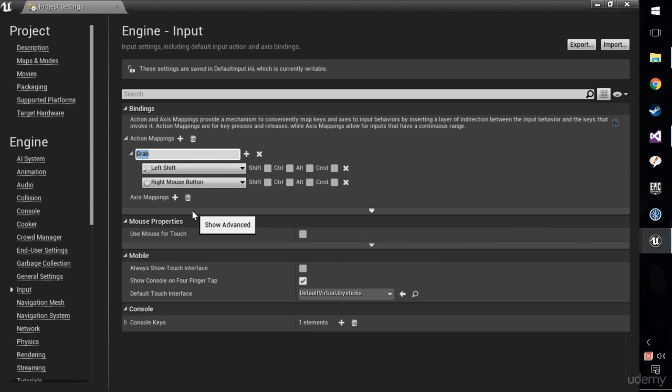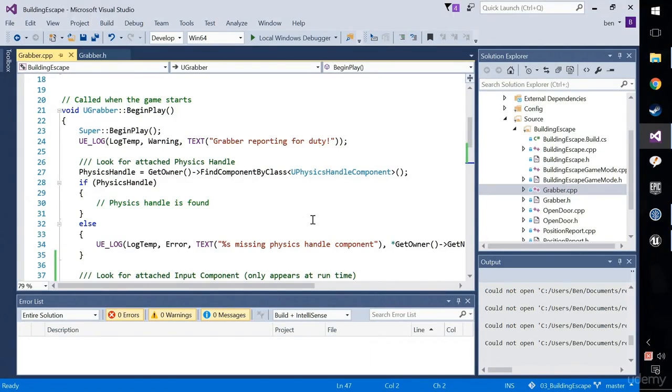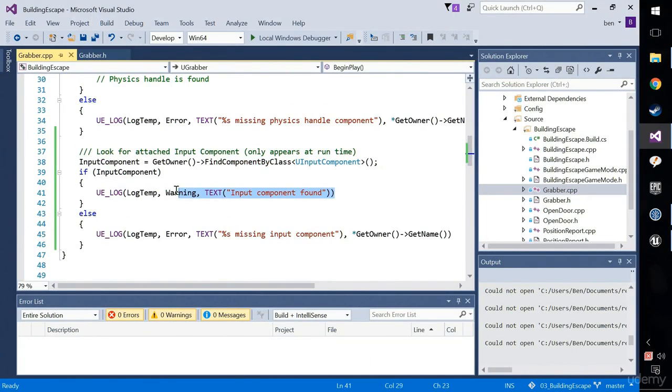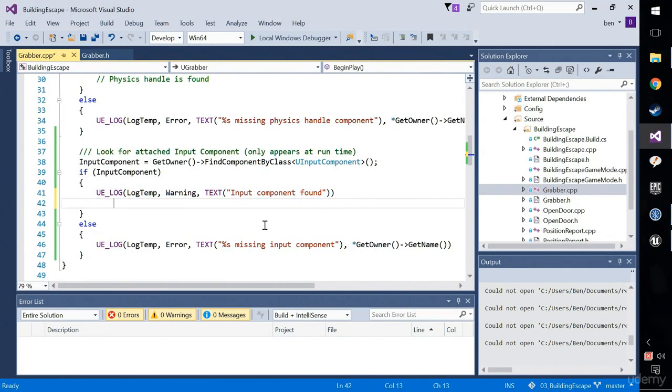This is where you remap your keys. So two mappings to one action. Okay, so just come out of there once your binding is set up like that, or use whatever keys you want. So over in our begin play, we already have the code that goes and looks for the attached input component. What we want to do next, instead of logging out, or as well as logging out, we can bind